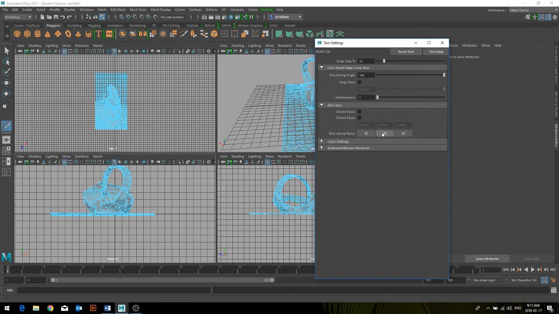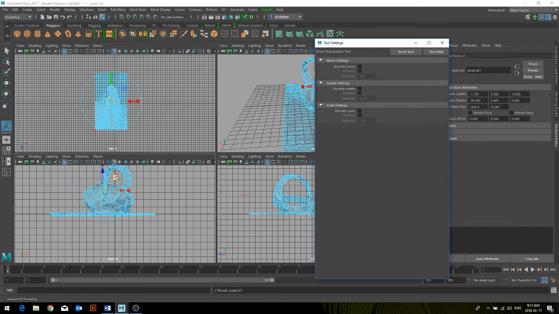And what I find with this is I can then go to slice along a plane and click on, in this case, ZX, because I want to cut it along that XY axes. And then I drag the plane down to the bottom of the model where I want to cut it off. And